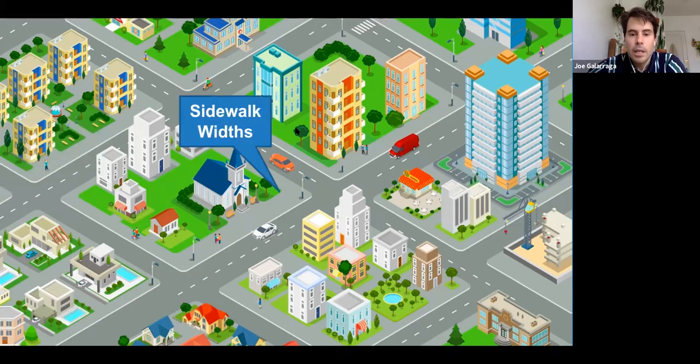So sidewalk widths. I think that this is a decision that's made in the planning and design of cities that is becoming more important than ever when we think about disease transmission and COVID-19.